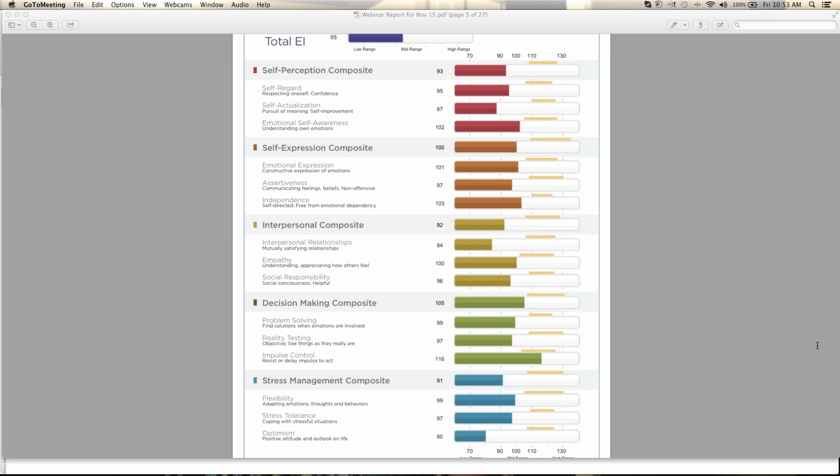But this one is a standardized psychometric assessment rated as a level B by the Psychological Association, and it's 133 items, and you're looking at the self-report. I know I repeated that word, but the reason is that the EQI itself was designed initially as a self-report assessment. So people do answer questions about themselves. Now, if you have concerns about their own self-awareness, then you would use the EQ 360 with that individual, so you're comparing the person's self-ratings with ratings of other people around them.